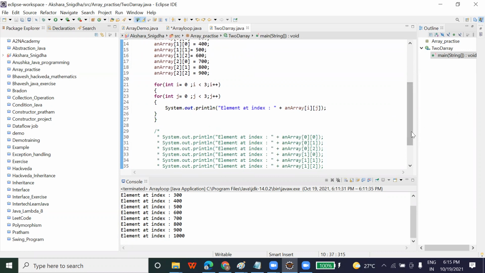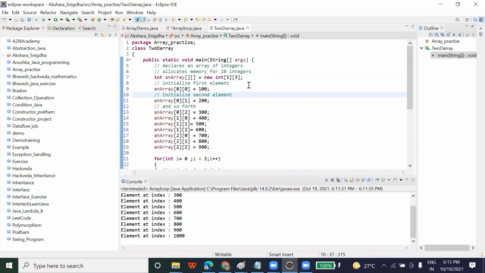If you can see this program, it is similar. The only thing is that now here you have to pass size. Now why am I passing size twice here? This will be my row and this will be column. And when you pass 3, 3, what will be the order of the two-dimension array in that case? The order will be 3 cross 3. In that case, it will be 9 elements, right? And the question that you asked, for that you need to write two for loops.